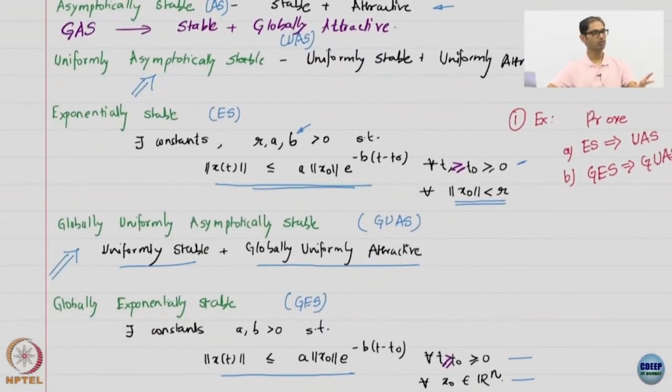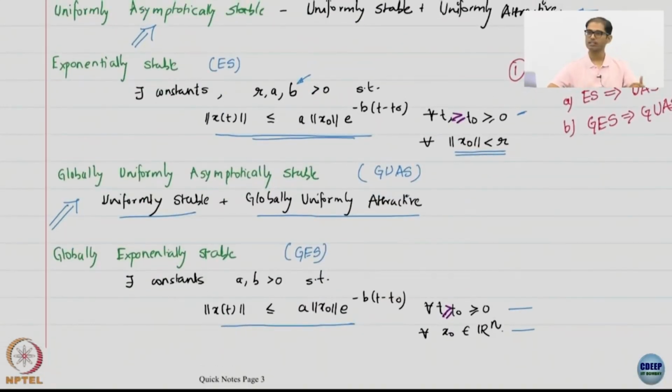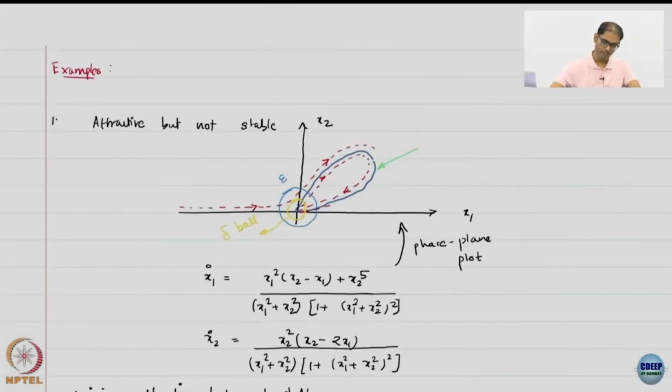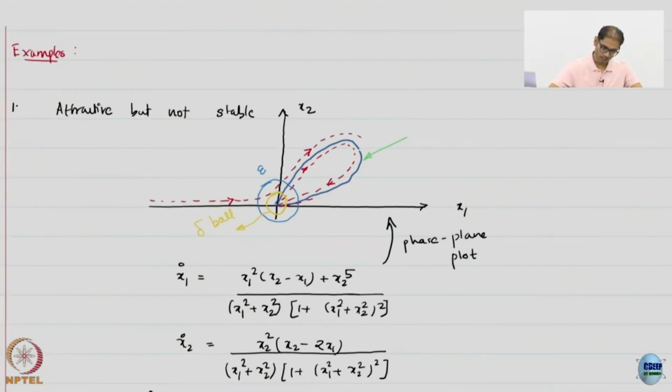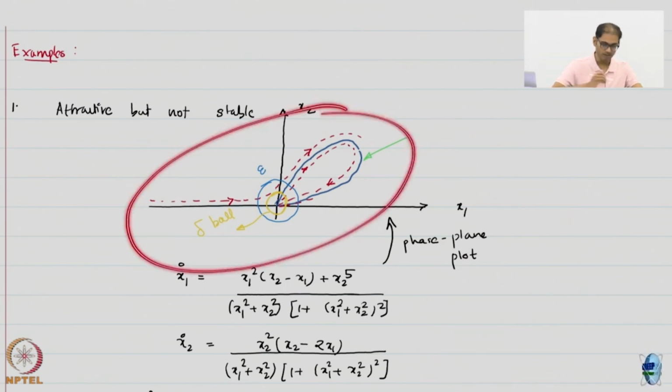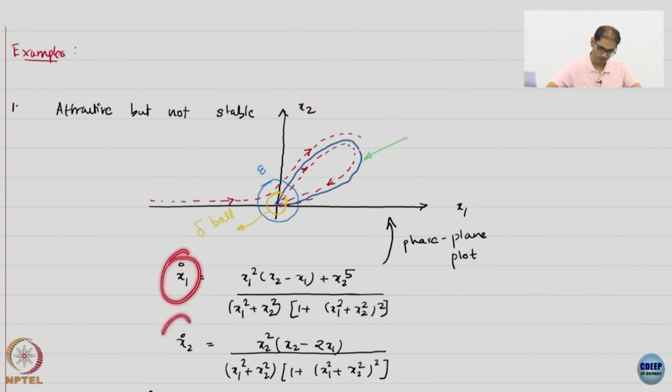Now we go to these examples, these interesting examples that give us different funny cases, if you may. So this is exactly the question that you asked, a system which is attractive but not stable, this is the system. Unfortunately you cannot solve this by hand at all, no analytical solution, but the phase plane plots look like this. So this is x1 dot, this is x2 dot, this is the system. You can think of it as some kind of a constructed system, but well, it exists.